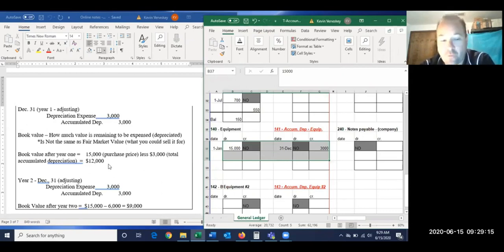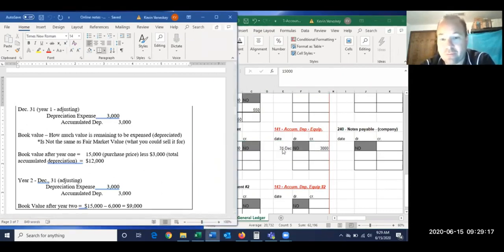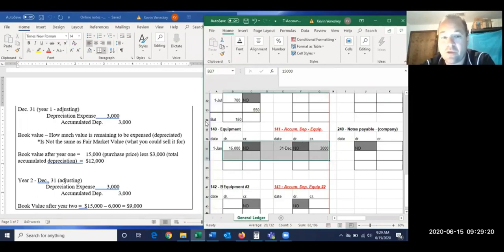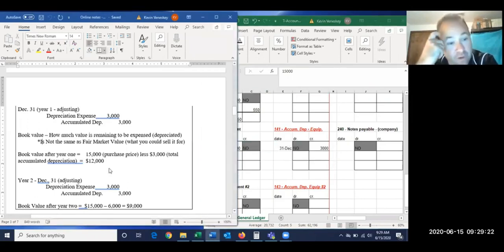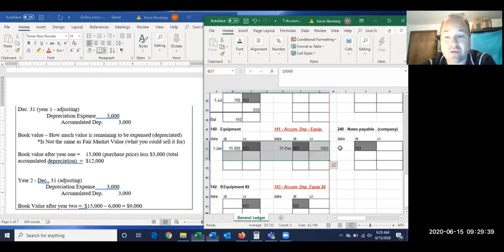Now, so we've done it for 1 year now. We found the book value. Book value is $12,000. Now, when I go on to the second year, so I'm now at December 31, 2021, year 2. My entry, as you'll see, looks exactly the same as the previous entry. Same item, same accounts, same amount, because it's the same every year. I'm using 3,000